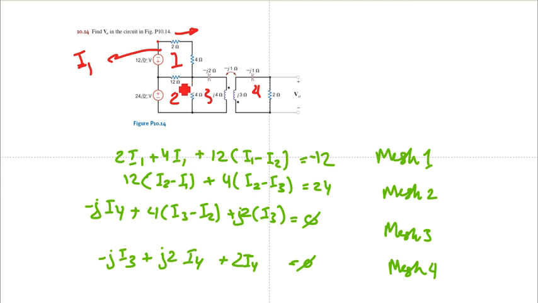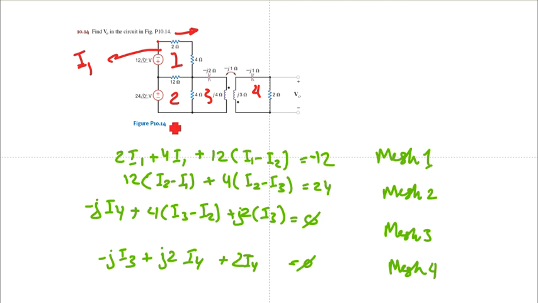And now we're going to the 12 ohm resistor. The 12 ohm resistor has 2 respective currents. The first current will be I1, which is in this mesh, minus I2, assuming mesh 2 is in the opposite direction. So you end up with 12 times I1 minus I2, and that's equal to